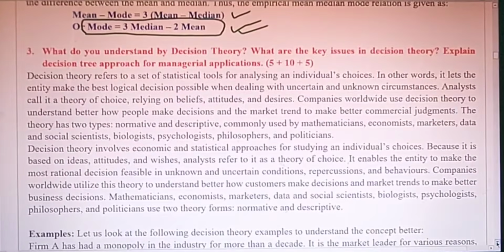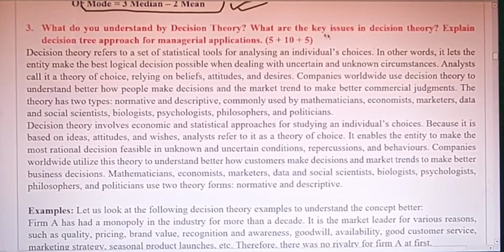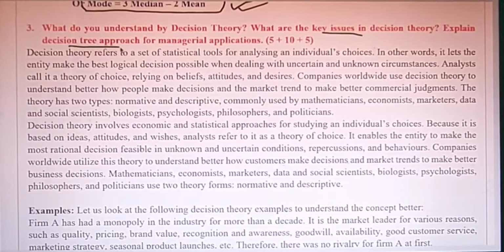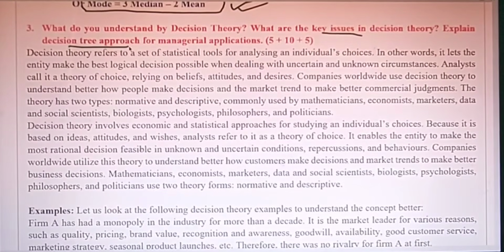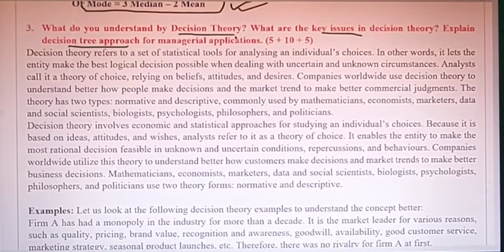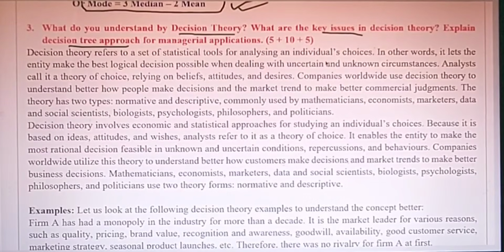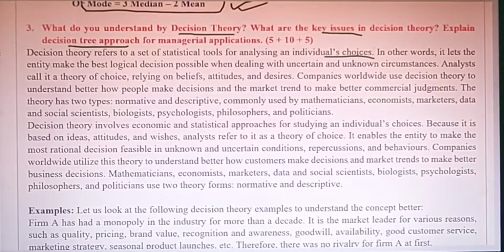What do you understand by decision theory, and what are the key issues in decision theory? And explain the decision tree approach to managerial decisions. So there are three parts of the question, and first you will define, you will write a short note on decision theory. Okay, how this decision theory and how the available choices are used to take decisions. So this is what I have written here,